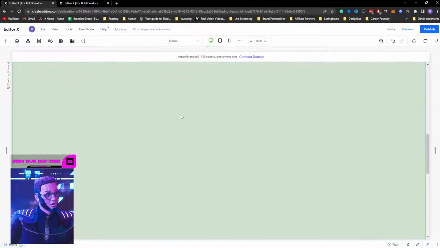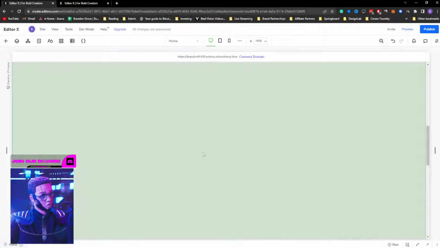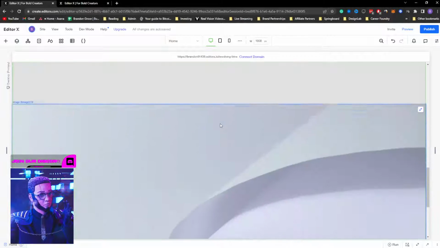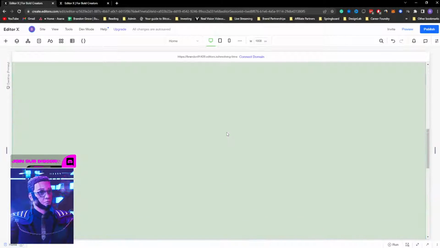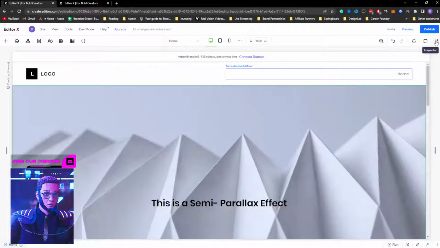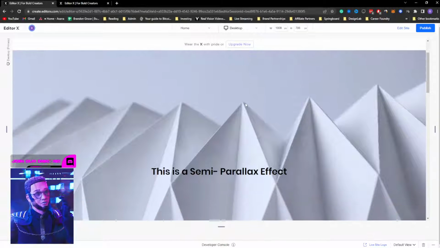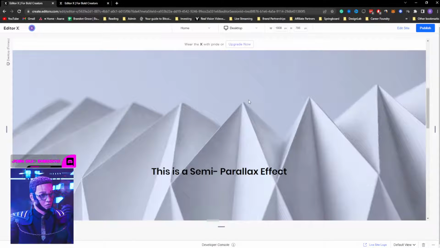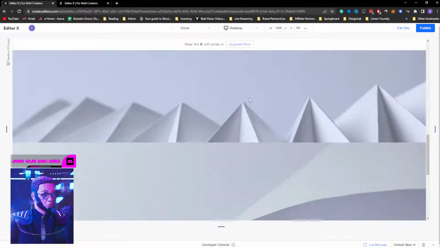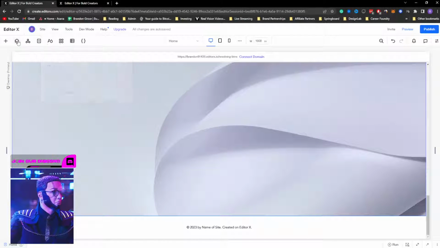So this full section is section 1, or part 1 of our section. Part 2 of our section, which is totally blank. Part 3 of our section, which is filled with a foreground container. So what happens when we preview, this foreground image stays sticky for the first part of the section, the empty part of the section, and then as we get to that bottom portion, the foreground is basically overshadowing the content. And the reason that's happening